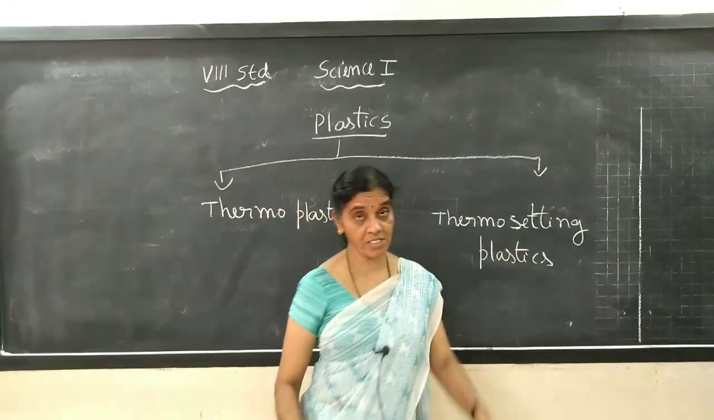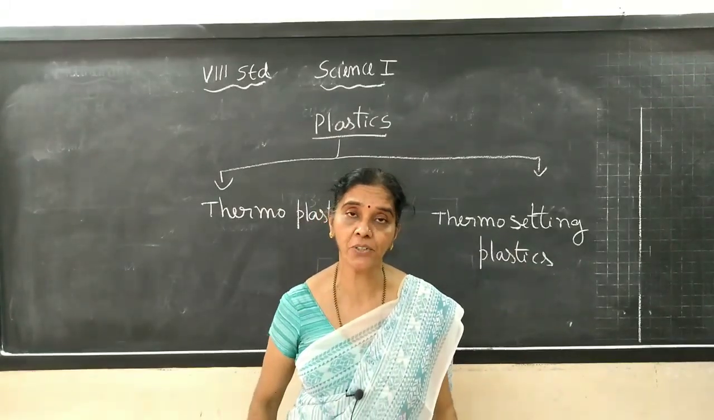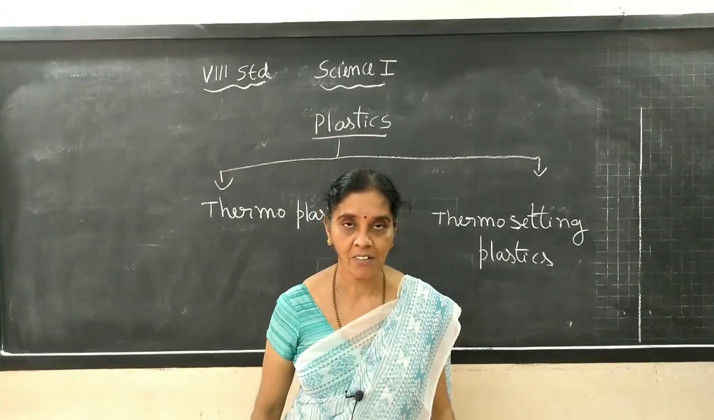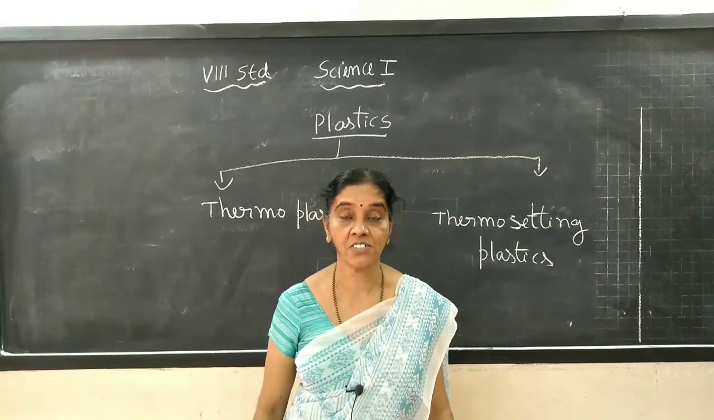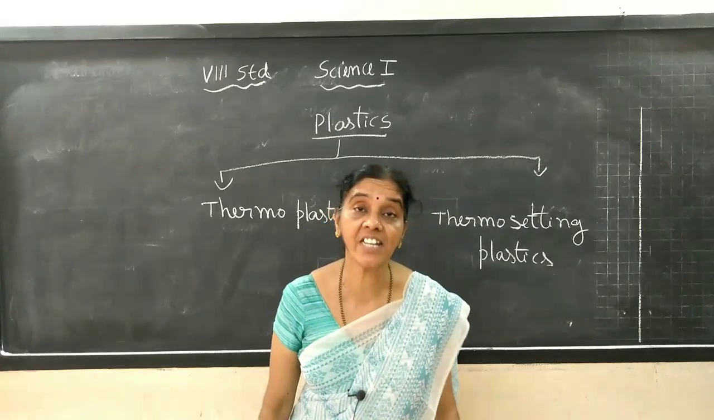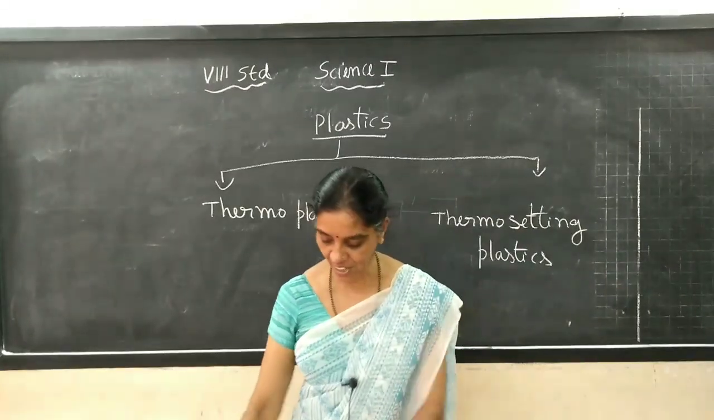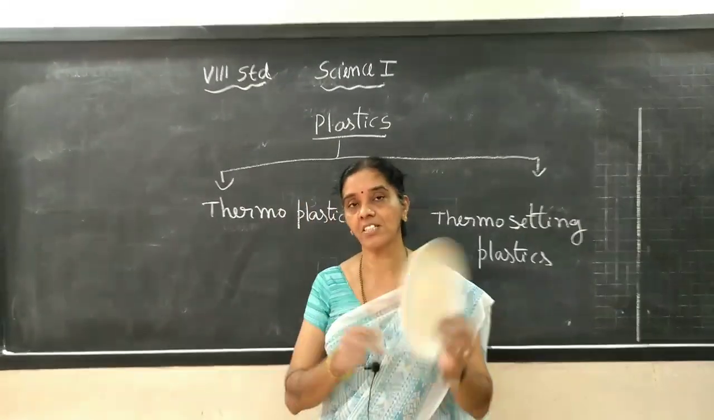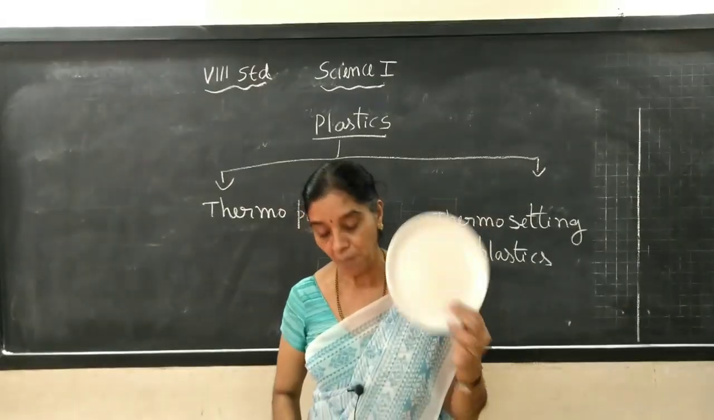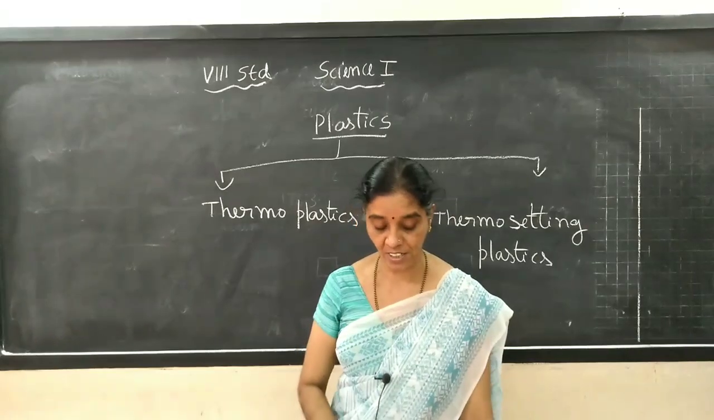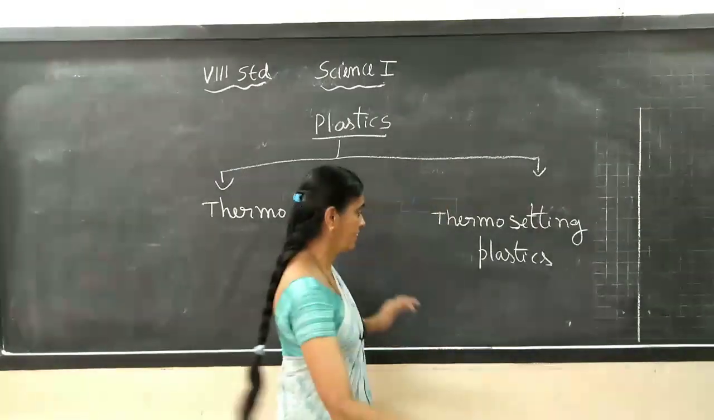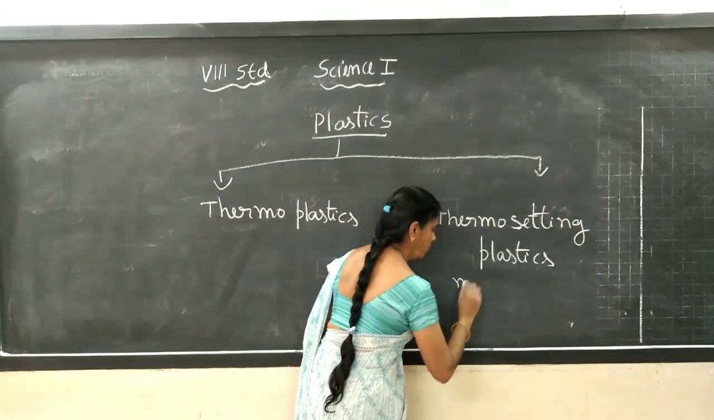These plastics, once they are molded into a particular shape, when you apply the heat, won't lose their structure. It is very hard, it resists heat. The plate which I have shown is thermosetting plastic, because if you keep hot objects on it, it will not react. The example of this plastic is